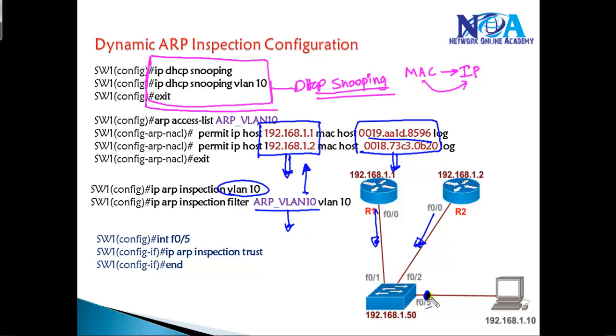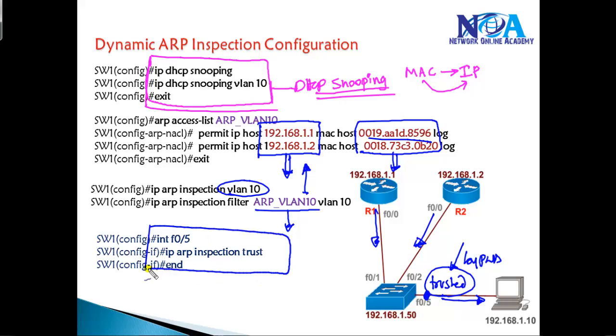Now we can even configure any particular port as a trusted port. By default, all the ports will be untrusted. In my lab scenario, I'm going to use a computer from where I'm trying to telnet to the switch. I want to ensure that in order for the telnet to work, this particular port should bypass the dynamic ARP inspection validation. Now we can go to that interface and simply configure this as trust.